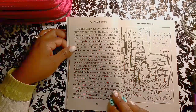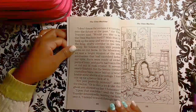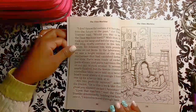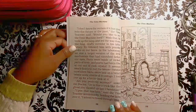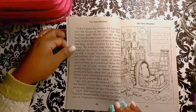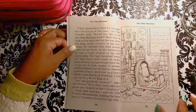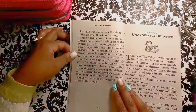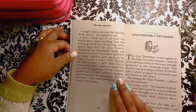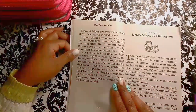"Are you perfectly serious?" asked the doctor. "Or is this a trick like the ghosts you showed us last Christmas?" "Upon that machine," said the time traveler, determinedly holding the lamp over it, "I intend to travel through time." I caught Philby's eye over the shoulder of the doctor. He winked at me. I don't think any of us said very much about the time traveling from that evening